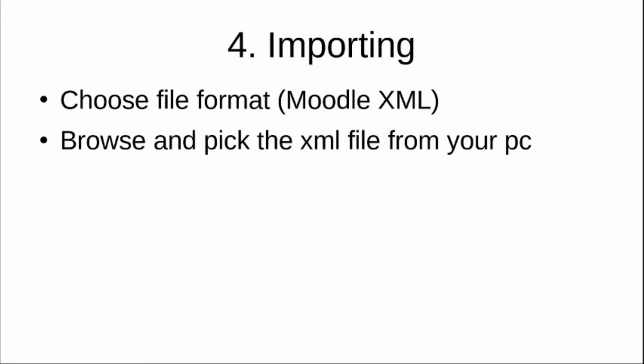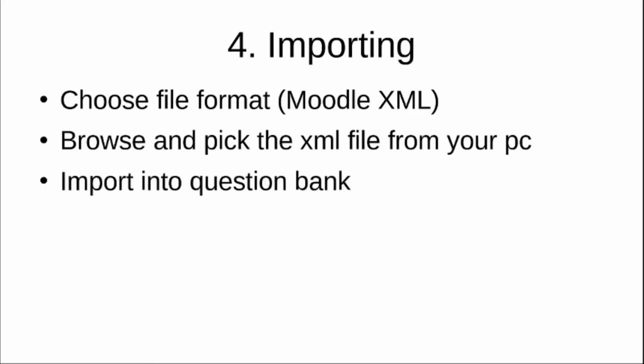So the upload limit would be a limitation here. Usually the questions are not very big, so watch out if the size of the XML file is more than what is the upload limit allowed for the Moodle instance that you are currently using. And once you click on the import button, then the questions get imported into the category. Usually the category will be chosen from the question bank itself, which you have exported while saving it. In any case, you can actually look at the timestamp and pick those questions and move them to a particular category so that you can reorganize your questions. Let us look at a demo of how this importing works.